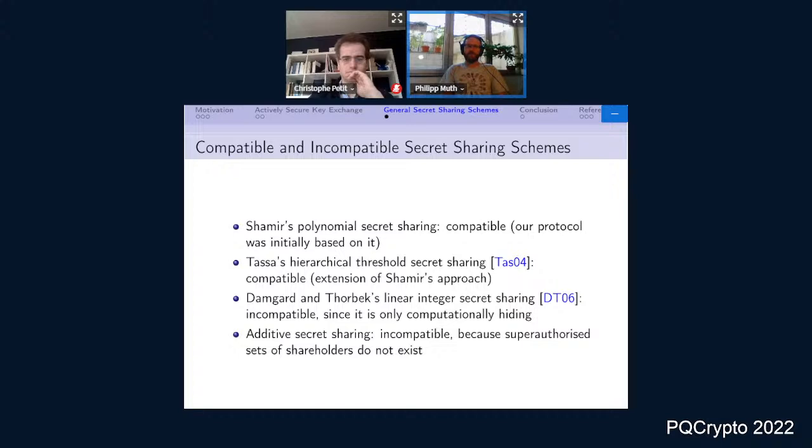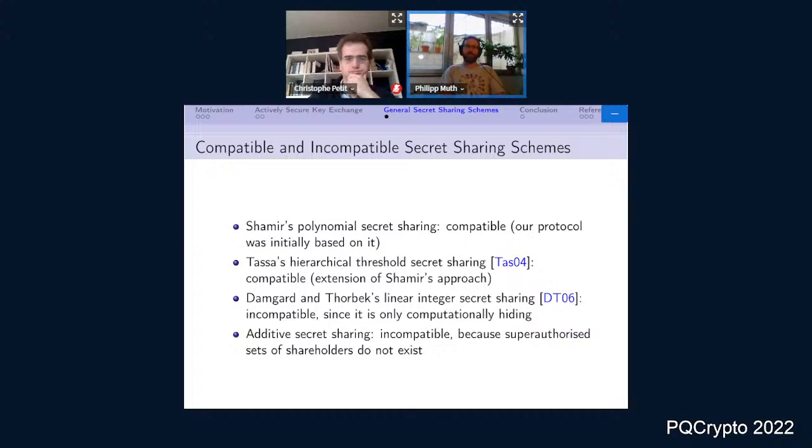This means that the input of a shareholder in reconstructing a secret must not depend on what the other shareholders gave as input, since the input of each individual shareholder is hidden from the others by virtue of the group action inverse problem. Second, it needs self-contained reconstruction. That is, the shares of the secret have to live in the same space as the secret itself. This enables the two-level sharing that we use in the key generation. And third, the secret sharing scheme must be compatible with the zero knowledge proof and the piecewise verifiable proof in the hard homogeneous space. Let us have a quick look at some examples of compatible and incompatible secret sharing schemes.